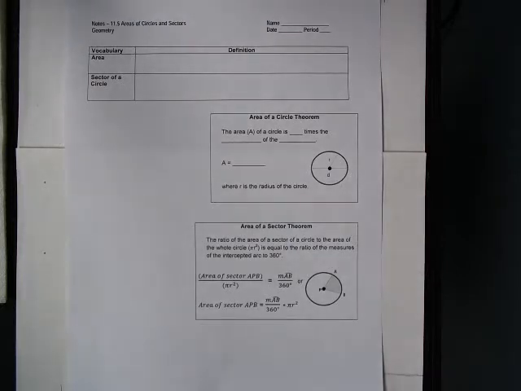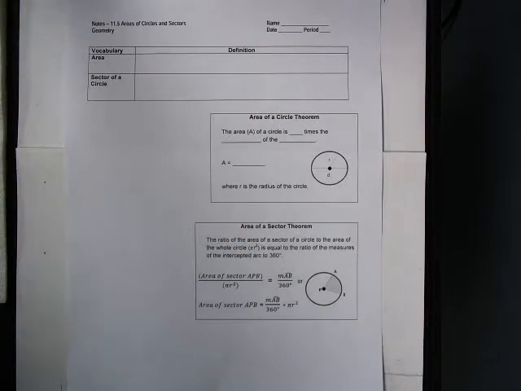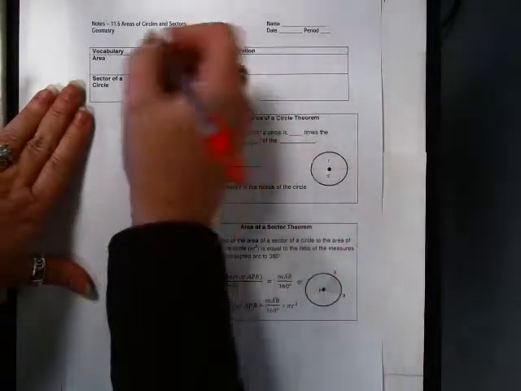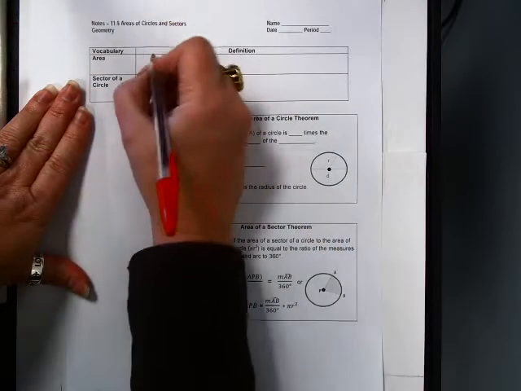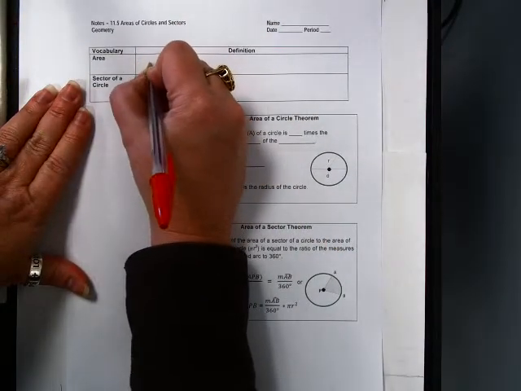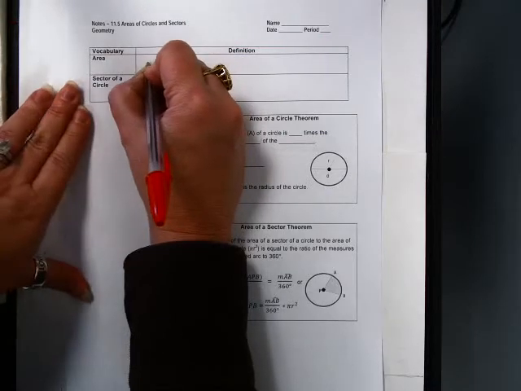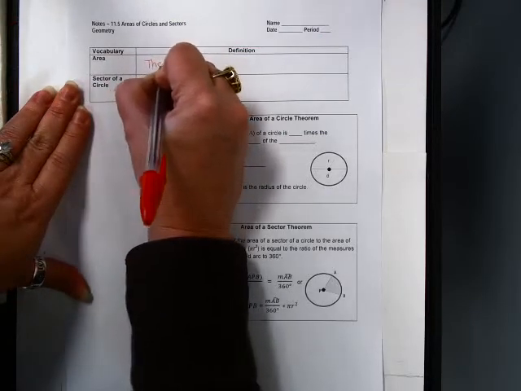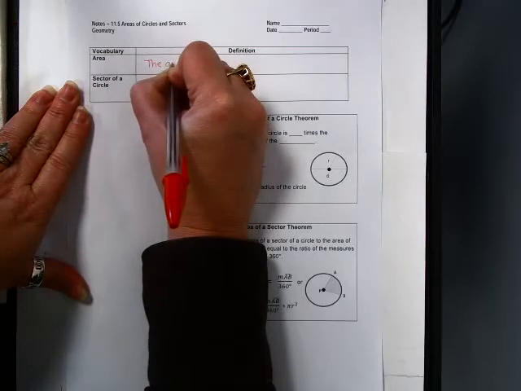Alright students, today our learning objective is area of a circle and the sectors. So we're going to start by remembering what the definition of area is. Area is, since way back in elementary school, you learned that the area is the amount of space inside of a shape. Okay, so let's write that down, the amount